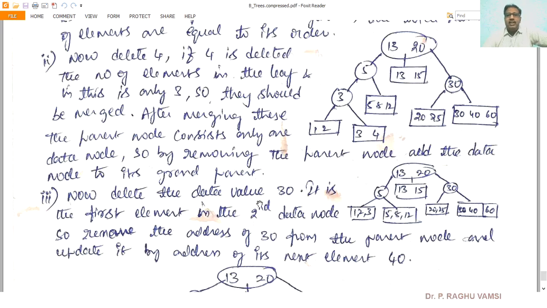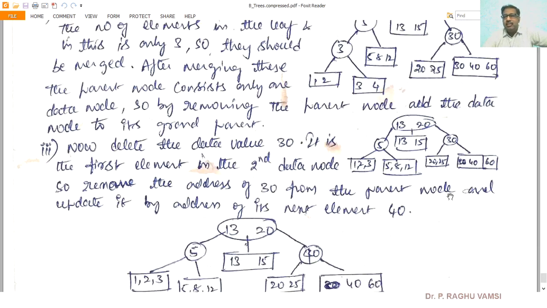Now delete the data value 30. So search for 30. 30 is greater than 20. 30 is here, and also 30 is available here. Whenever it is the first element in the second data node, what you are supposed to do is delete it and replace it with the second element, that is, 40 should be placed here. So remove the address 30 from the parent node and update it by the address of the next element, that is 40.